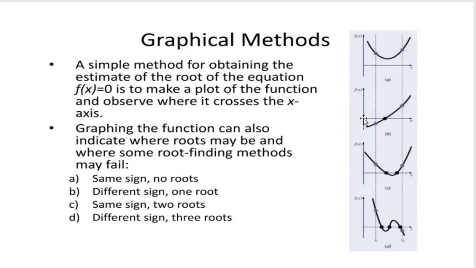Whereas if you just look at the second graph, the curve f(x) versus x here, if you see, it intersects the x-axis at a point shown by this point. So this point gives you the root of the given function. That is the value of x for which the function value becomes equal to 0.